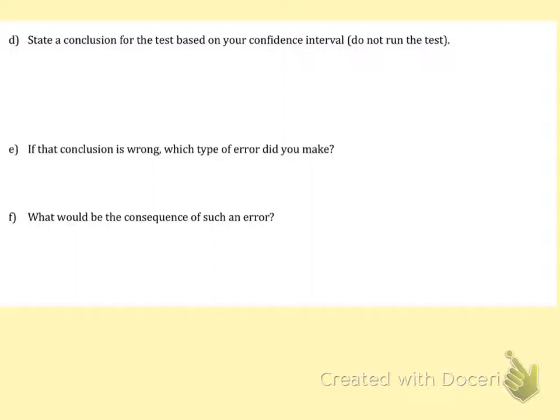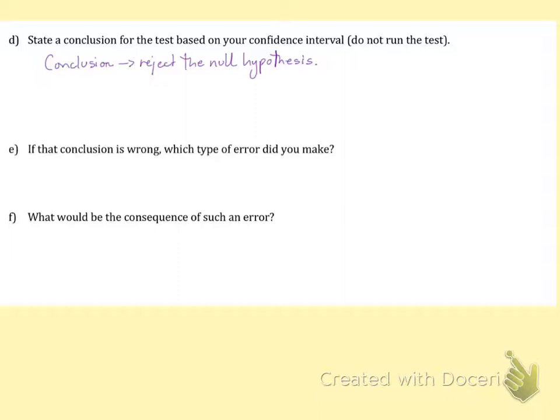In fact, the entire thing was negative, meaning that P1 was less than P2, which means that for our conclusion, we would have rejected the null hypothesis. So if we had run this as a test, we would have gotten a p-value that was below the significance level of